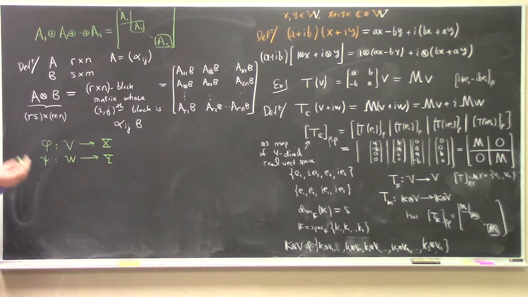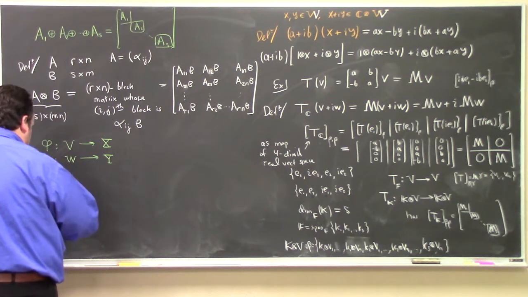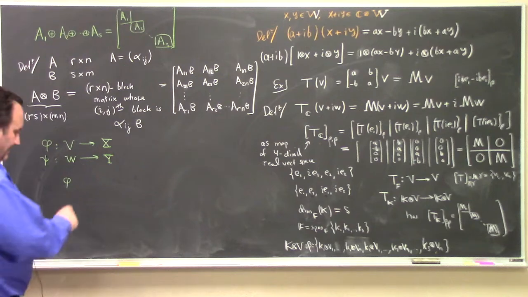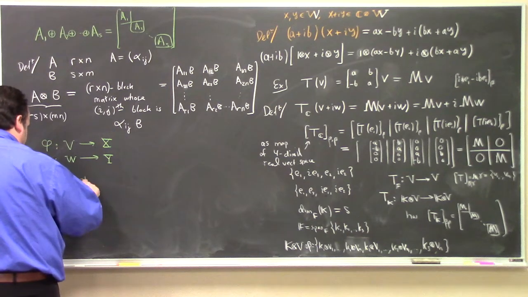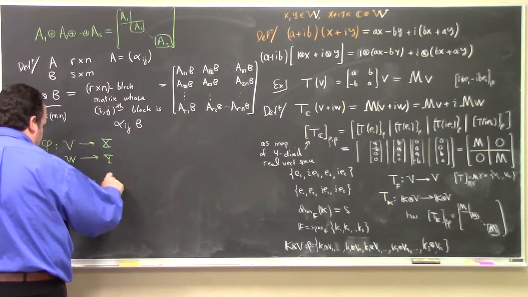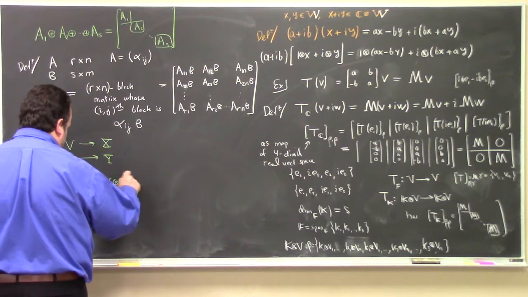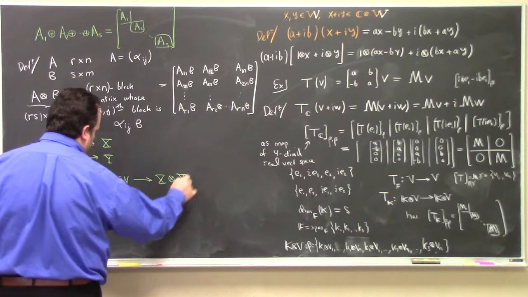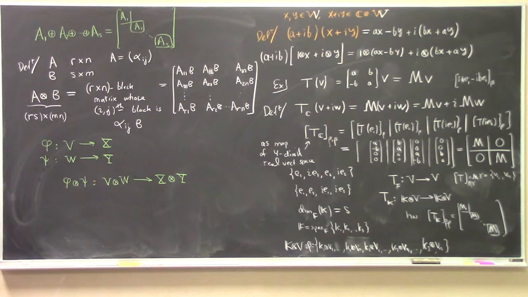I want to not talk about the basis, but I don't know if I can get away with it without talking about the basis. But here's the thing. We can talk about phi tensor psi. This is going to be a mapping from V tensor W to X tensor Y. And how does that work? Well,